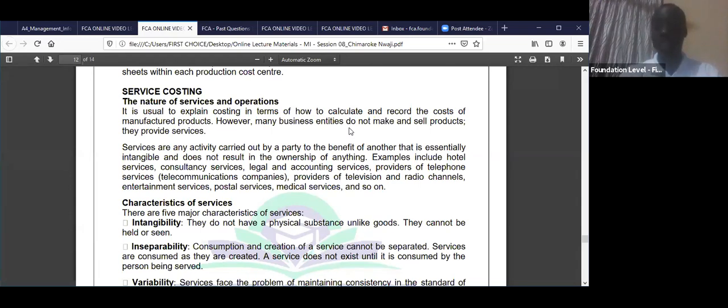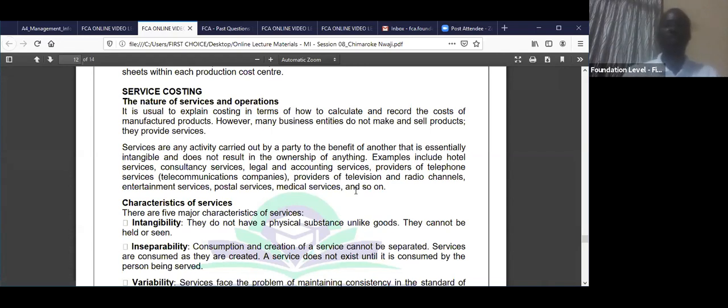When you get that knowledge, you have the knowledge; I am not the owner anymore. Examples include hotel services, consultancy services, legal and accounting services, telecommunication, TV and radio, postal services, entertainment services, medical services,